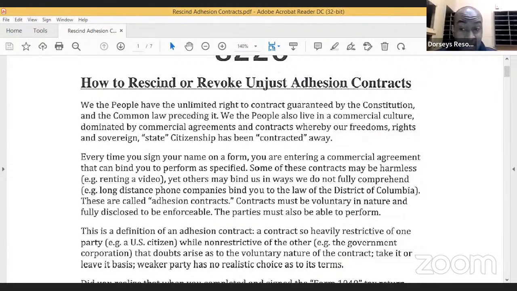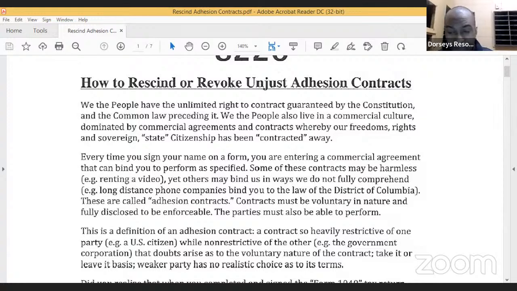Those are adhesion contracts. Those are attachments. Adhesion is like adhesive. You're attaching something, but it's hidden. It's done covertly. And that's what's putting you in their jurisdiction as a U.S. citizen, U.S. person, giving you guys very powerful stuff. I feel this is important.